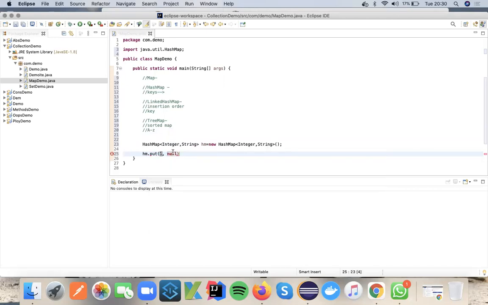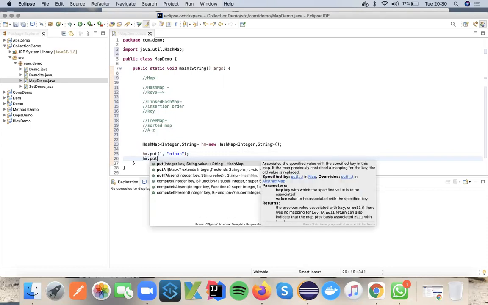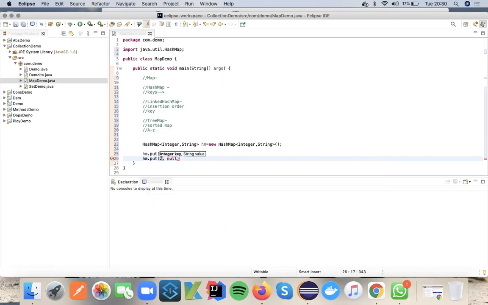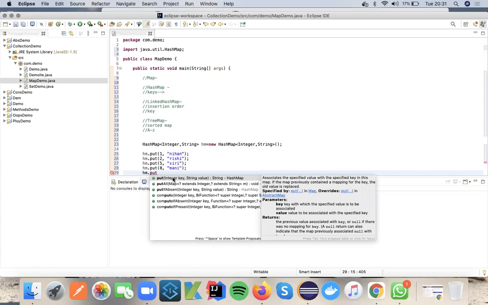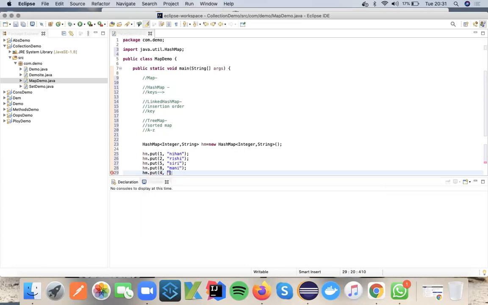First hm dot put 1 comma Nihan, hm dot put 2 comma Rishi, hm dot put 5 comma Siri, hm dot put 8 comma money, and hm dot put 4 comma Deep.